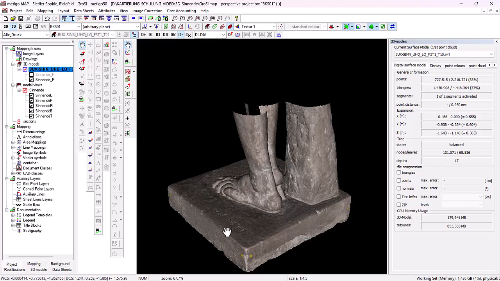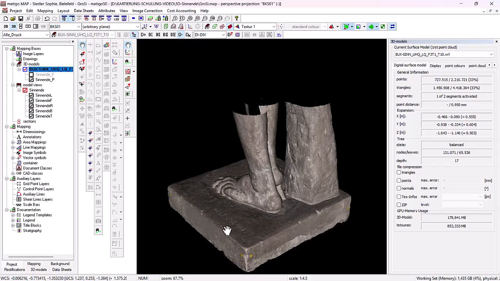And the second thought is that maybe I have a very large object in terms of the amount of data that I have to load, and I have difficulties with the memory of my graphics card. And then I can load the model reduced only as a point cloud. And you can then create subsegments via the segments and always have the option to advance the mapping segment by segment, even with a weaker graphics card. Finally, for the print output, I have to sit at a good computer where I then, of course, load all the model data to display it completely and also create the mapping data for the model